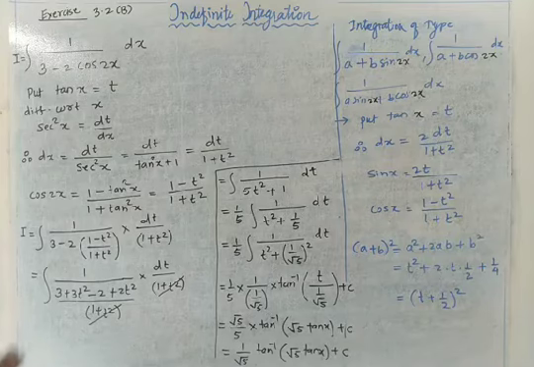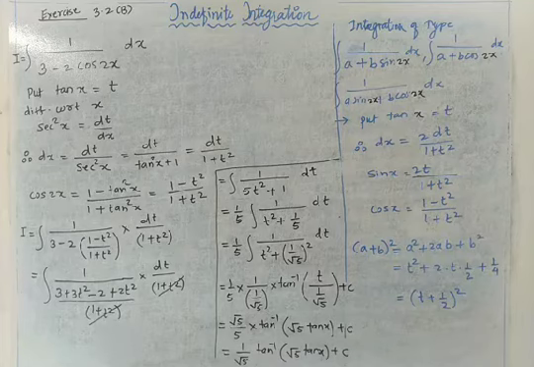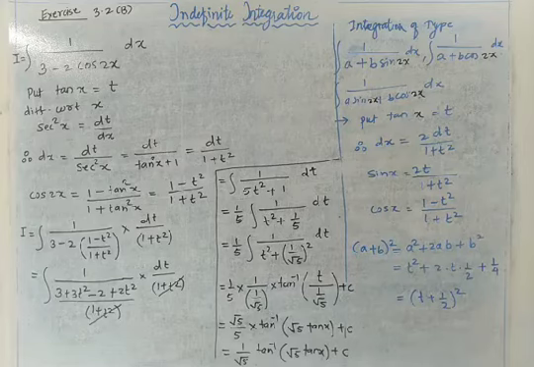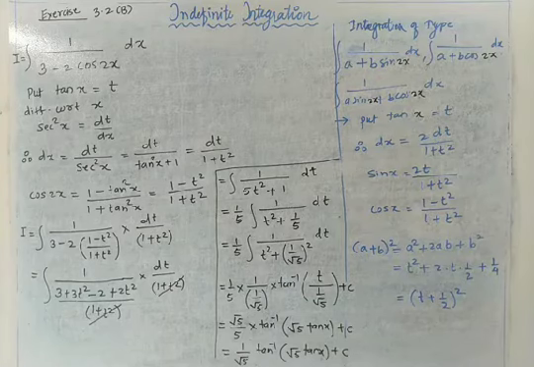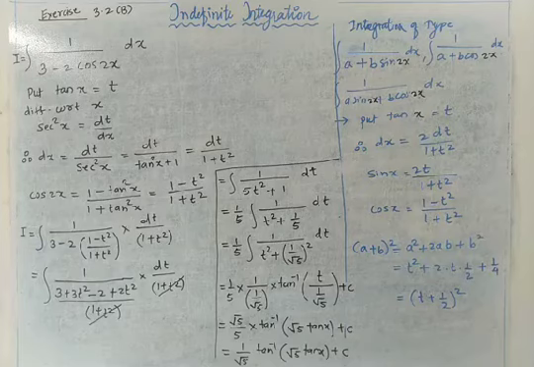Okay, simple way, learn it and try to complete the solution of integrals of type 1 upon a plus b sin 2x, 1 upon a plus b cos 2x, and 1 upon a sin 2x plus b cos 2x dx. All three questions are related: one question with sin x, one question with sin x cos x, and one question with cos 2x we have done. And I think that it's sufficient to understand this pattern. Now your work is to solve one question with a similar pattern and learn it.